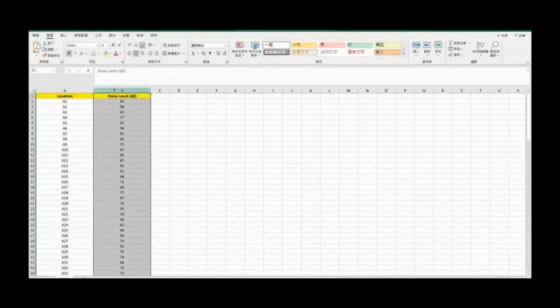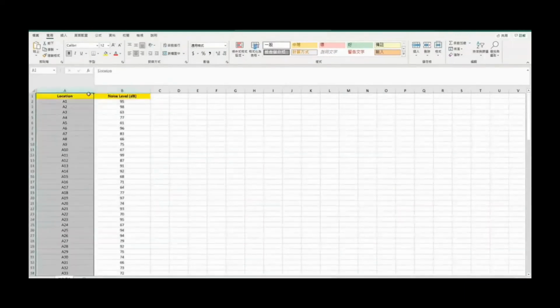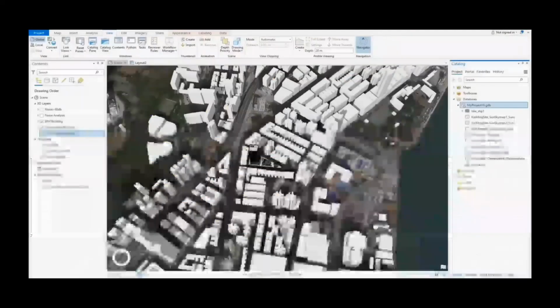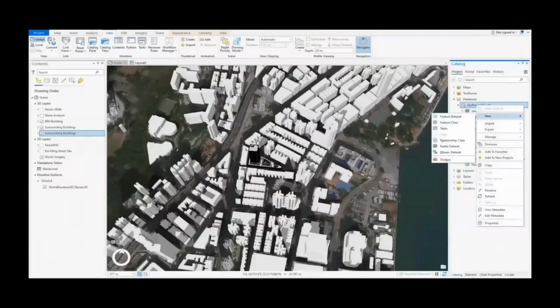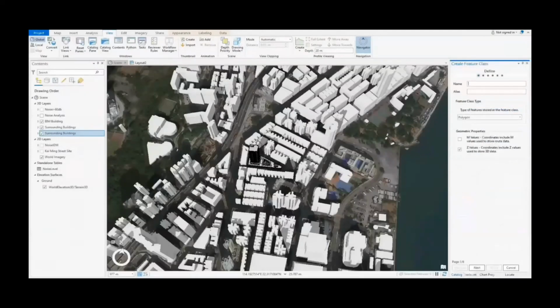First of all, like what we did in creating the heat map of pedestrian level, we input all of our data points in sequence according to what we did in the field visits. We save the data points file, and we create a new feature class in the GIS software, which is a points feature class, and we call it noise level data. Later on, we use this feature class to import all the data from the Excel file.